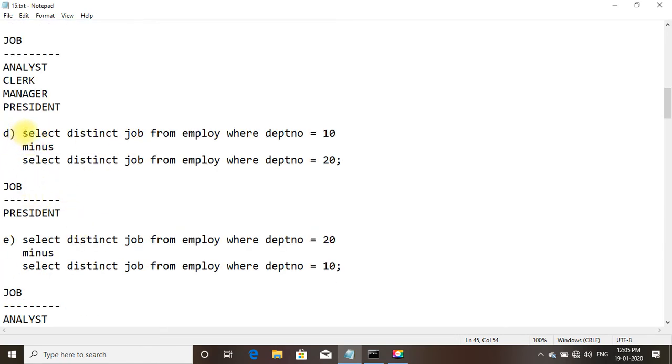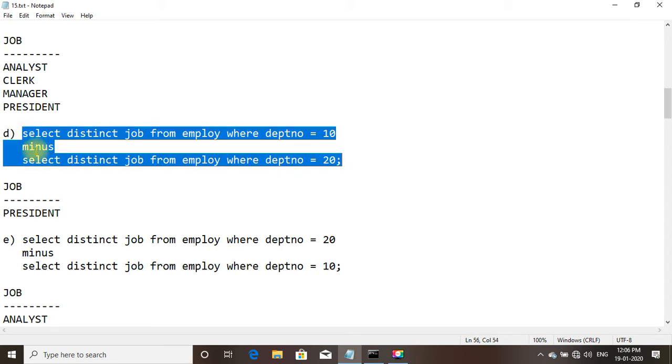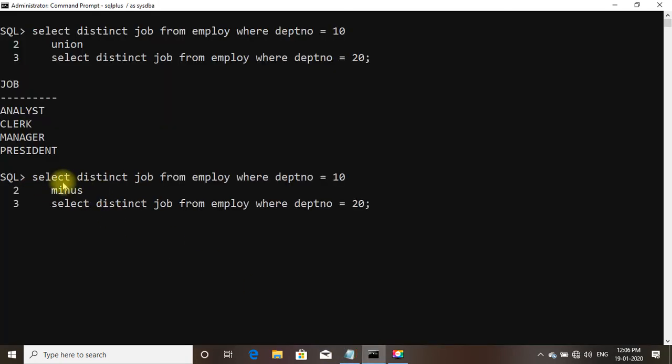Now we shall go for the MINUS operator. Select distinct job from employee where department number is equal to 10 MINUS select distinct job from employee where department number is equal to 20. So you can see only president.